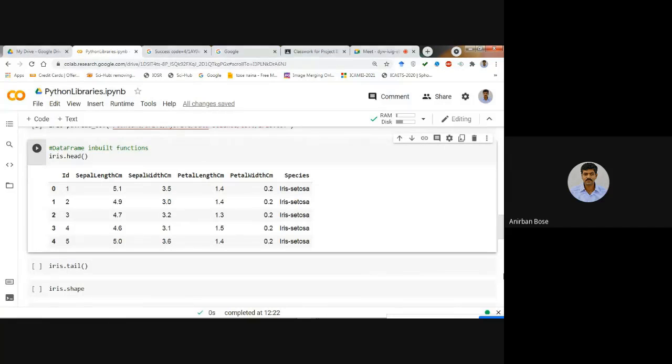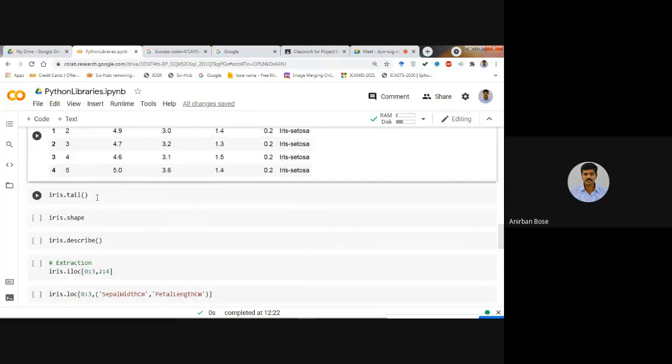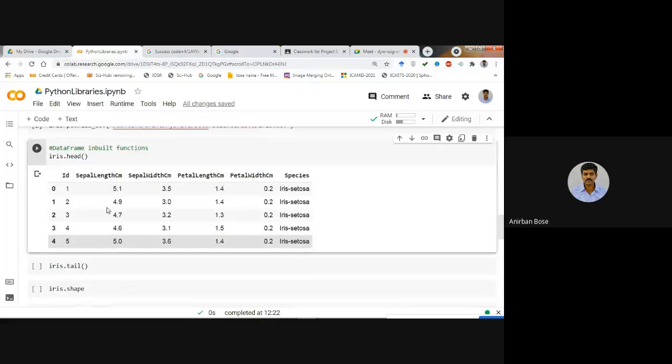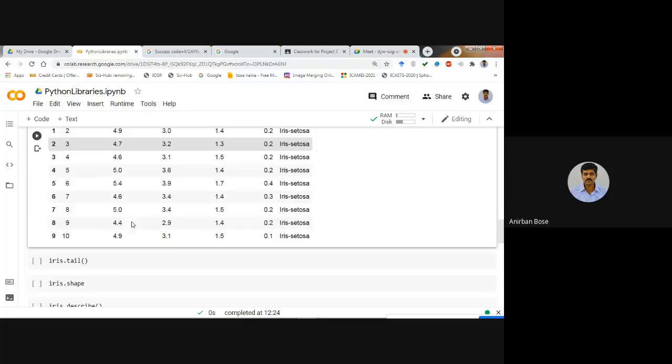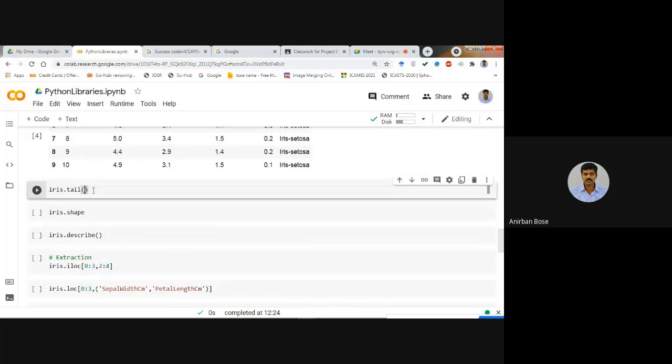Today we'll see the different kinds of data exploration with pandas. Last class we saw that if we want to observe the first few rows, you have to write the number of rows that you want to observe. Suppose I want to observe 10 rows, then within parentheses you write 10, and if you execute, you will see the first 10 rows. Similarly, from the end, if you want to observe, then within parentheses you can write that.